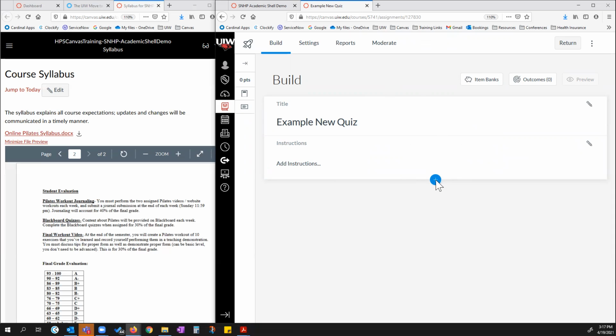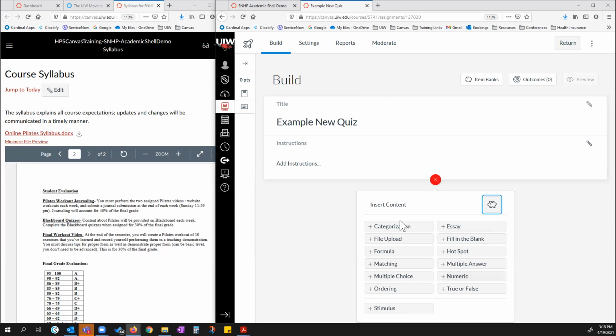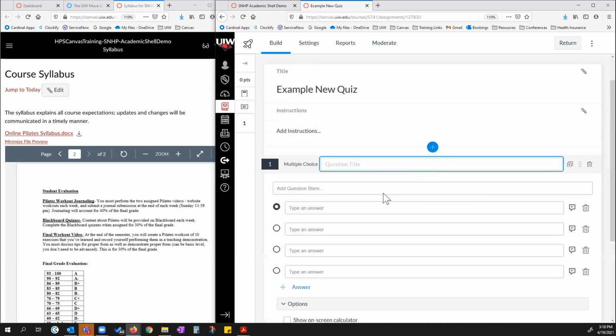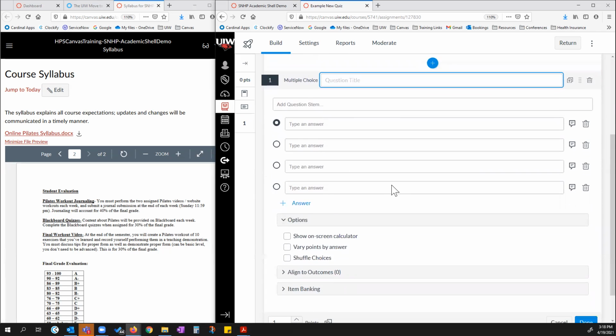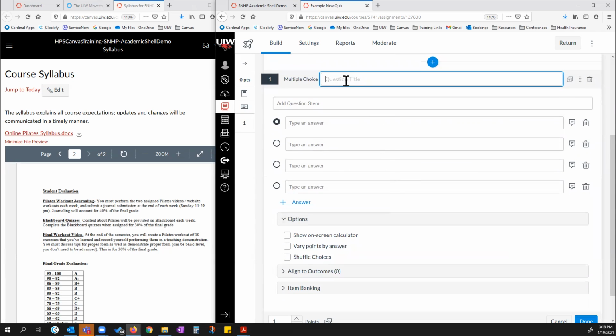So I can click plus and I can select my question type here, and I can do all of the same things that I was doing in the old format, the classic. So sample question and title. So if you title your questions, when you run the reports later, if you choose to, and you want to look at the data that's